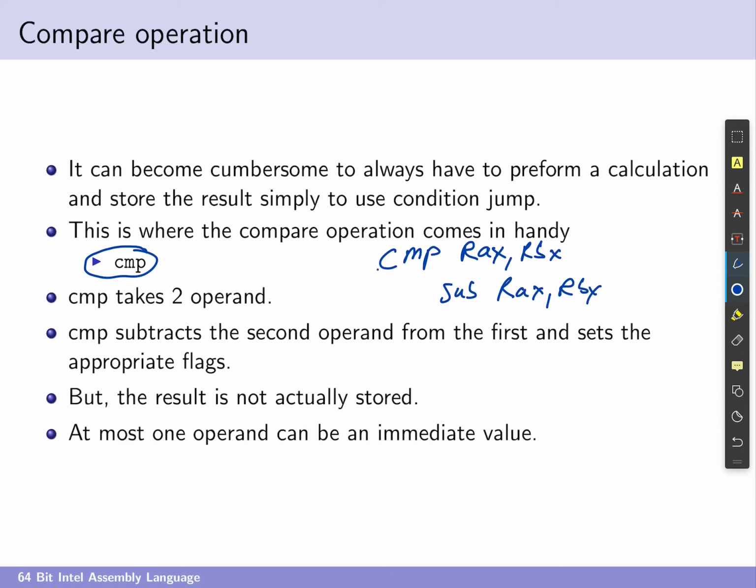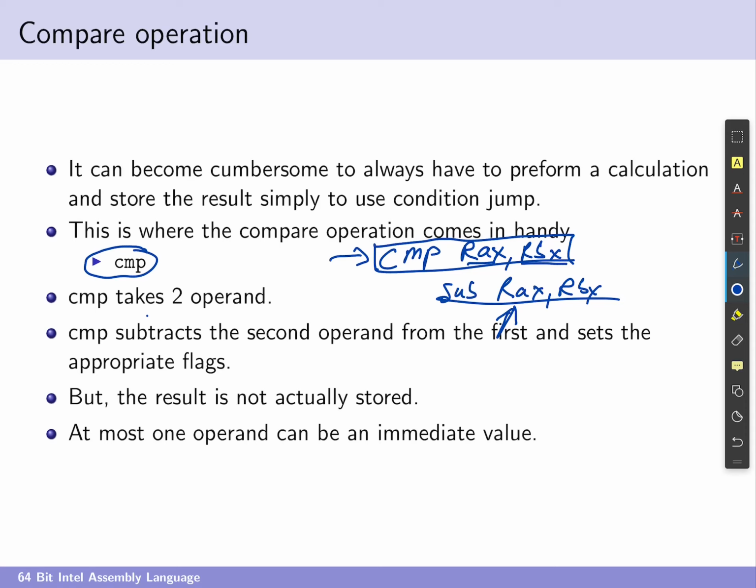The only difference between compare and subtract is that compare takes RAX and subtracts RBX, so pretty much like subtract, except it doesn't store the result anywhere, but it does set the corresponding flags of that result. So if they were the same and I subtracted them and I got a 0 value, the 0 flag would be set, and the same for the other flags. But compare doesn't store the result of that computation anywhere, whereas subtract stores the result in the destination, which means you're now storing a value that you don't necessarily need. Whereas with compare, we're able to do the computation, but we don't actually store the answer anywhere. So it's very useful for